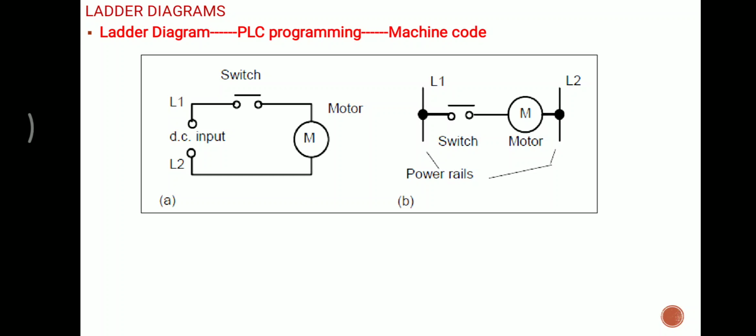Suppose we want to make a ladder diagram out of this. There is a structure for the ladder diagram. L1 and L2 are the power rails or power lines, and they are always drawn vertically. Between these two power lines, we draw another operation, which we call a rung. A rung is nothing but a rung of a ladder. Between the rails, one rung is what? One rung. So this is the ladder diagram for this motor input and output along with the switch.